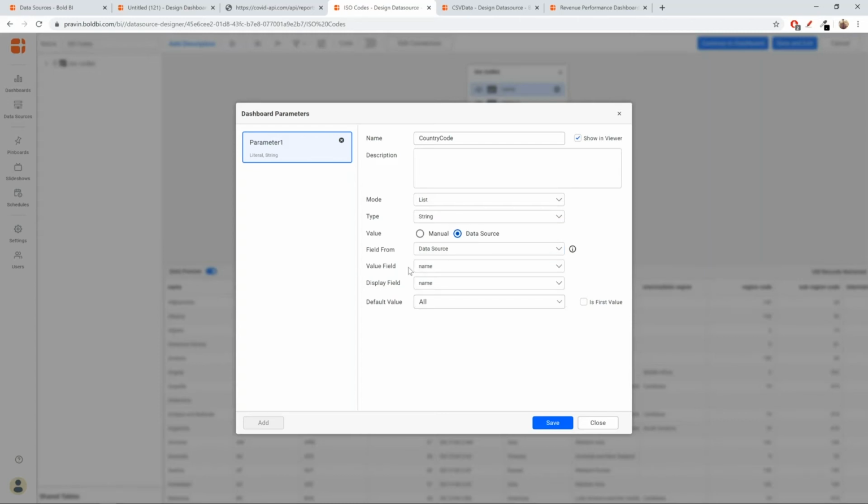And here we have the right use case. The value field will be the alpha 3 code, which is the 3-character ISO code. But the display value is going to be the name, which will be far easier for users to understand and switch between the regions when they view the dashboard. The default value, I'll set as first value. And I'll save this.